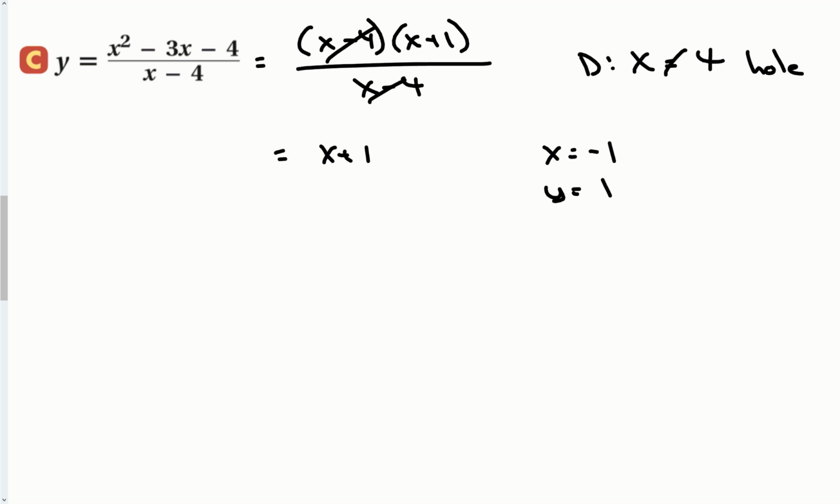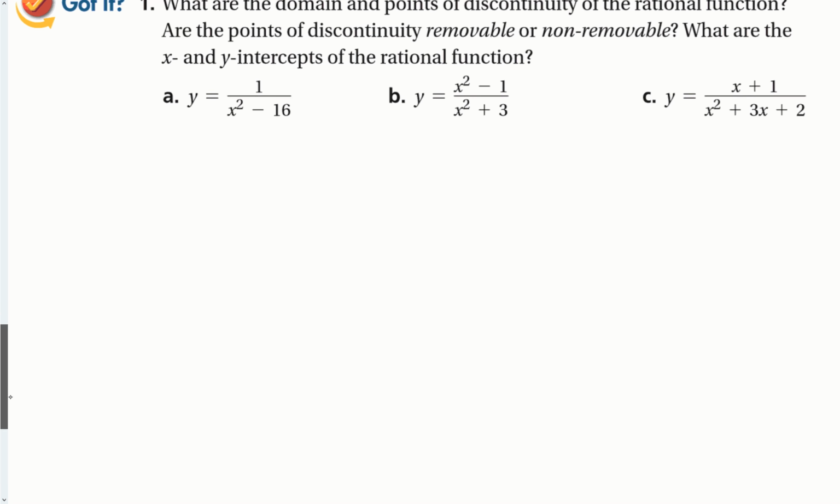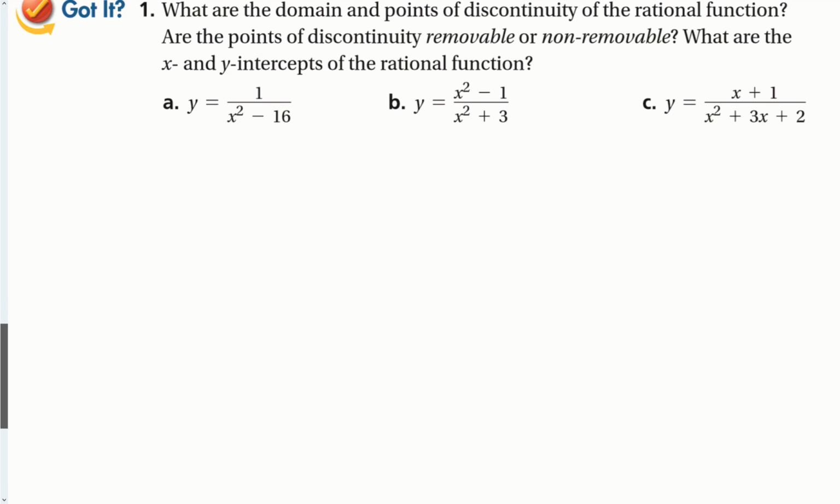And this would be pretty easy to graph, right? So y-intercept, slope-intercept form, it's just a line, except instead of looking like a line, it would look exactly like a line, but there would be a hole in this function. Okay? Let's try a couple more kind of problems. All right. So for the first one,